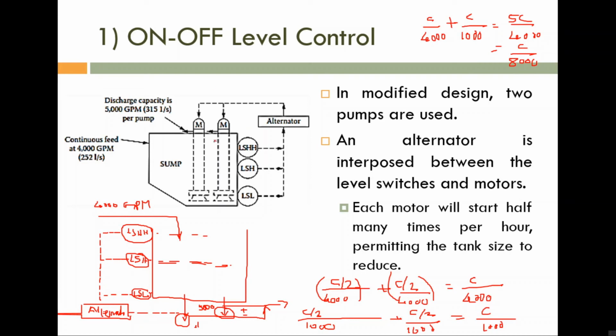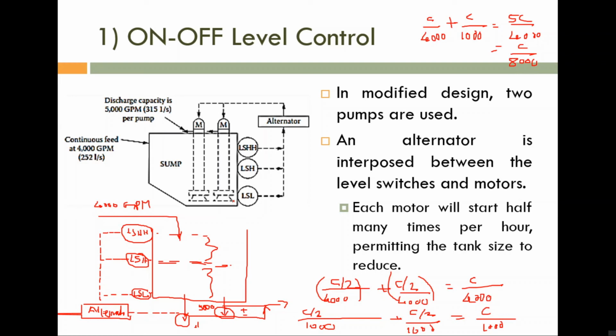Why? For one portion, from this portion to this portion, one pump is operating. From this portion to this portion, second pump is operating. So per time, the number of starts is same for both pumps. In the previous diagram, you can see that per hour, the number of starts is reduced if you are alternatively selecting the pump. In that particular case, the operating range is not splitted. We are not splitting the operating range.